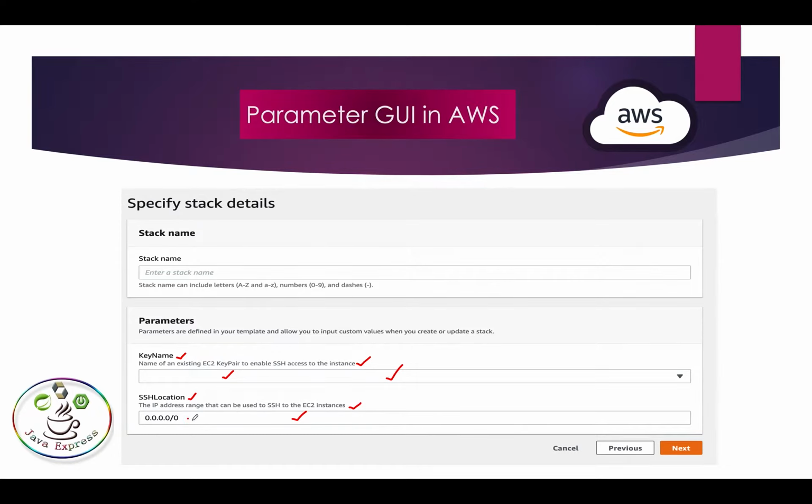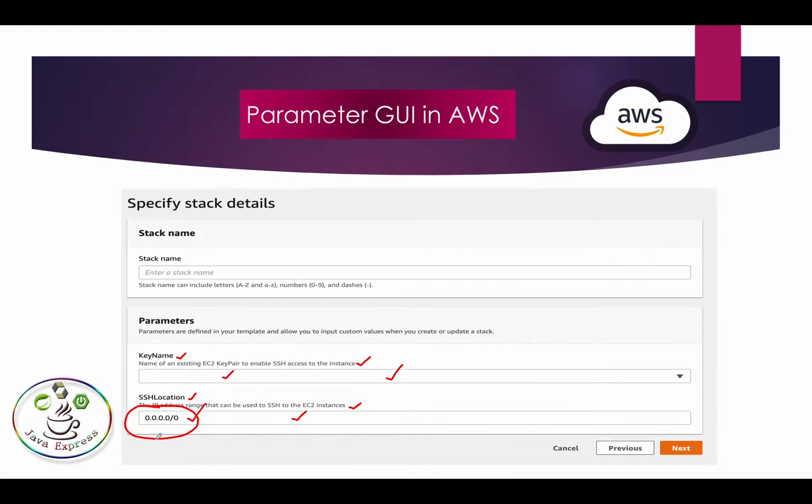Here the type should be a number every time, not a string. And one more thing, I provided some default value also. You can log in from anywhere. If you give 0.0.0.0, it means you can log in from any system. I hope you are clear on what parameters are.